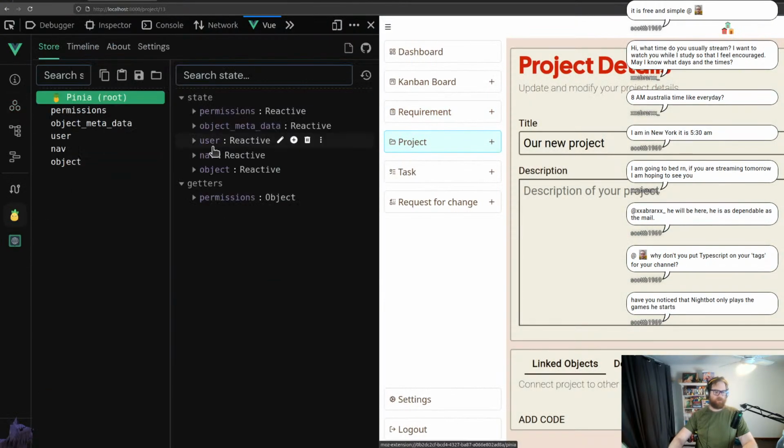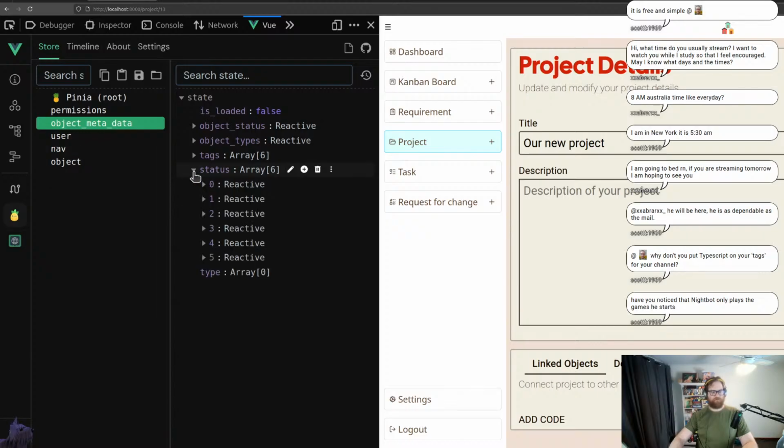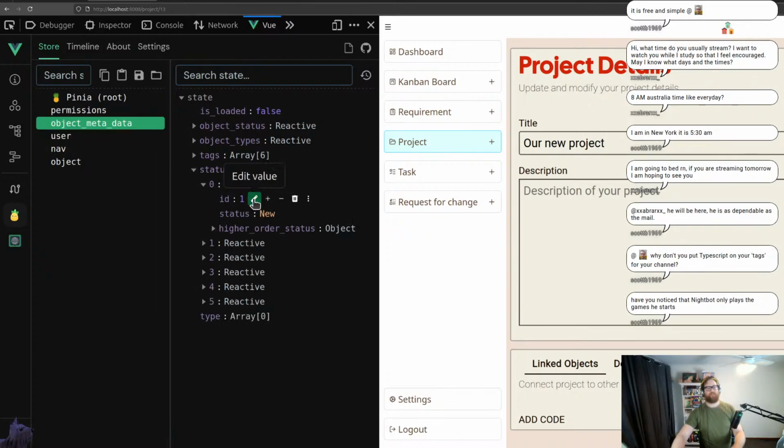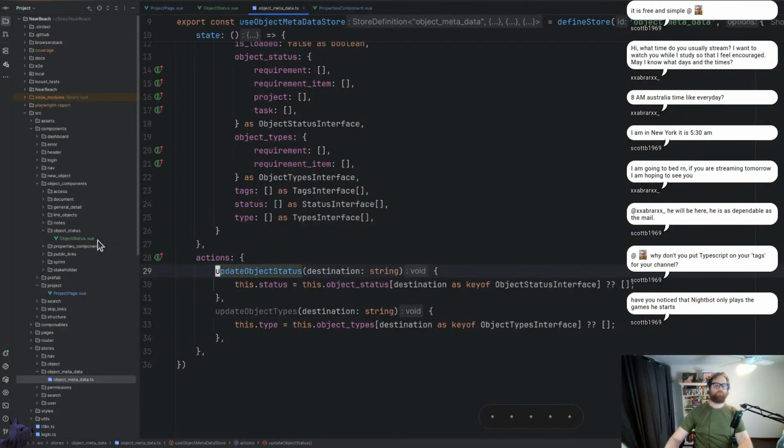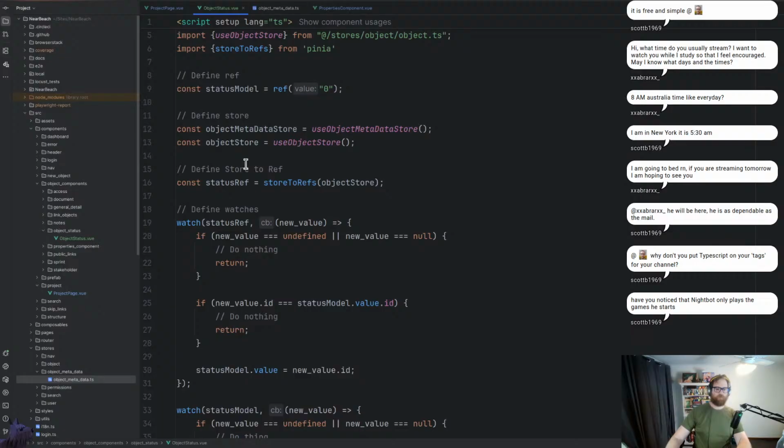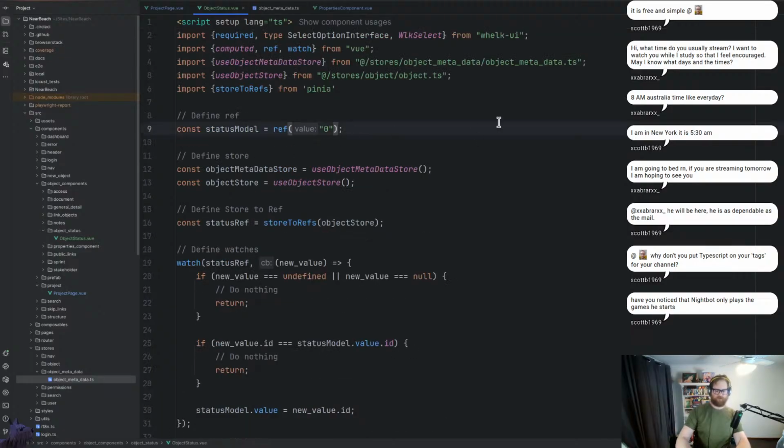We're going to click on this. So in here we've got meta object array with statuses, anything like that. So that's going to be an ID of 1, so that's definitely going to be a number. This then should be a number,